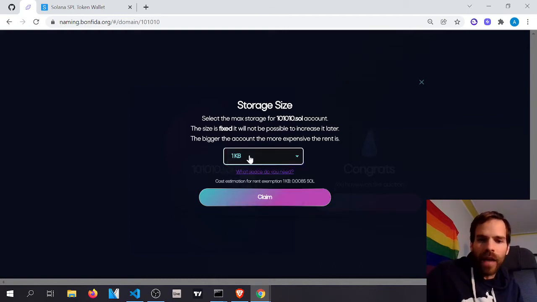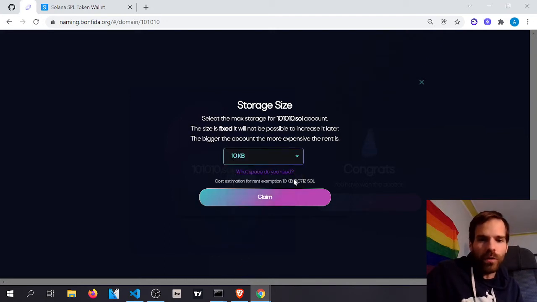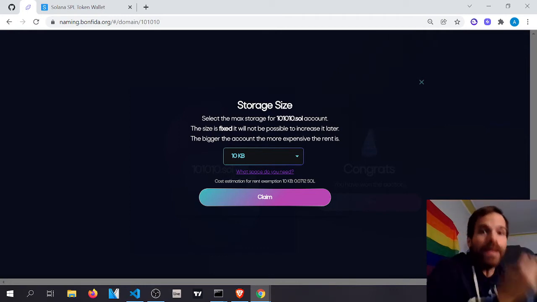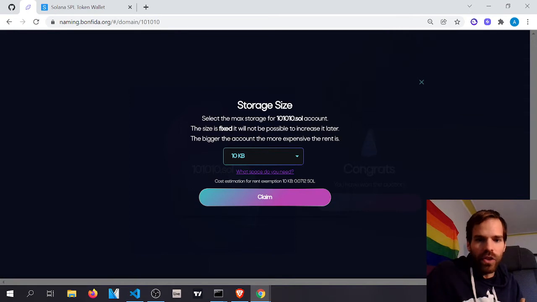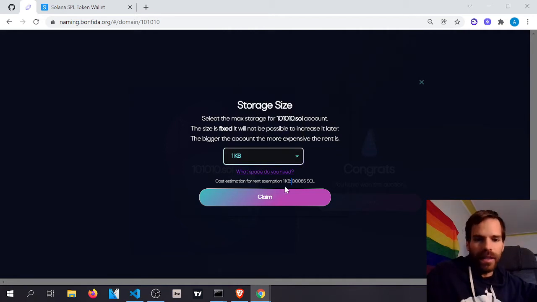Depending on how many bytes you hold, you need to pay more rent. Actually, you don't pay the rent, you pay for the account to be rent exempt. So with 10 kilobytes, it's 0.07 something. And for 1 kilobyte, it's just